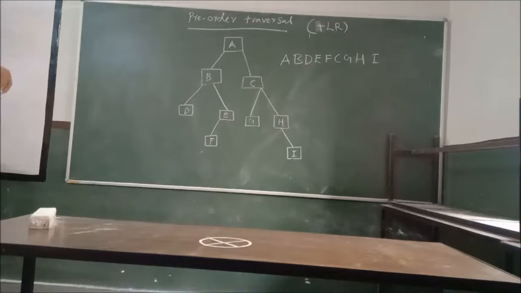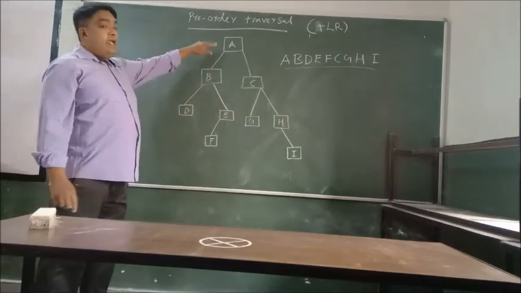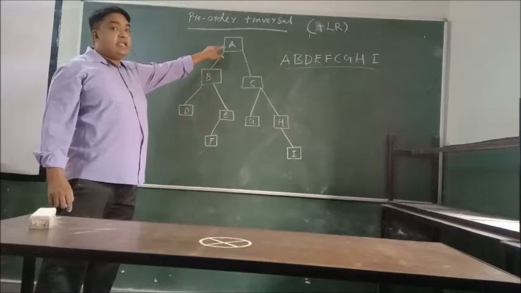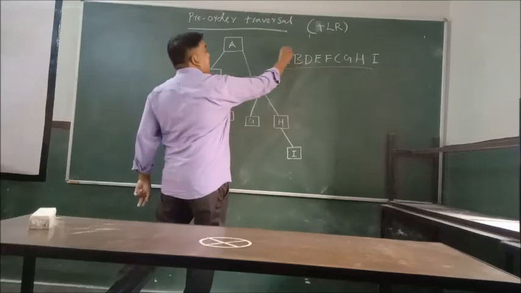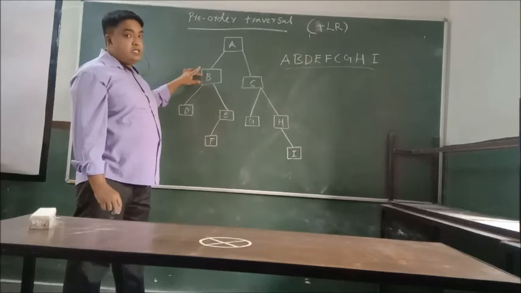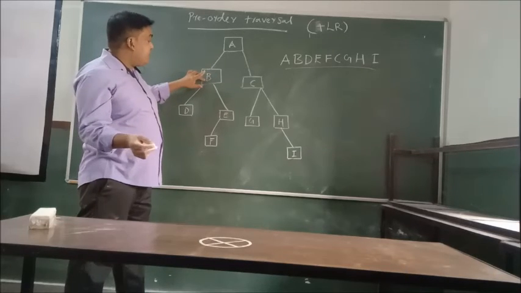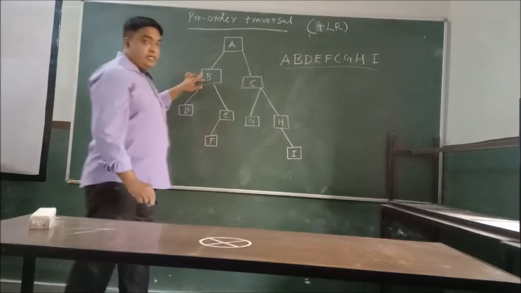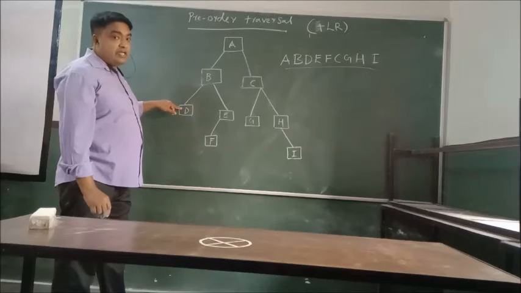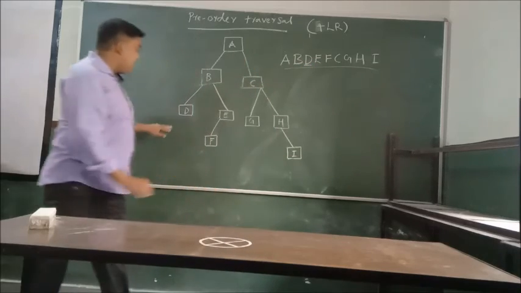Root, left, right. Let me explain one more time. In this case you can see that A is the root. We start from the root A. So we read A. That is why I have written A there. Then after root it is left. Now we reached B. So now again you start root, left, right. Now root is B. So we read root B. Then left. Again we have root, left, right. Root is D. No left, no right. So root is D. We have written it. There is no left, no right.